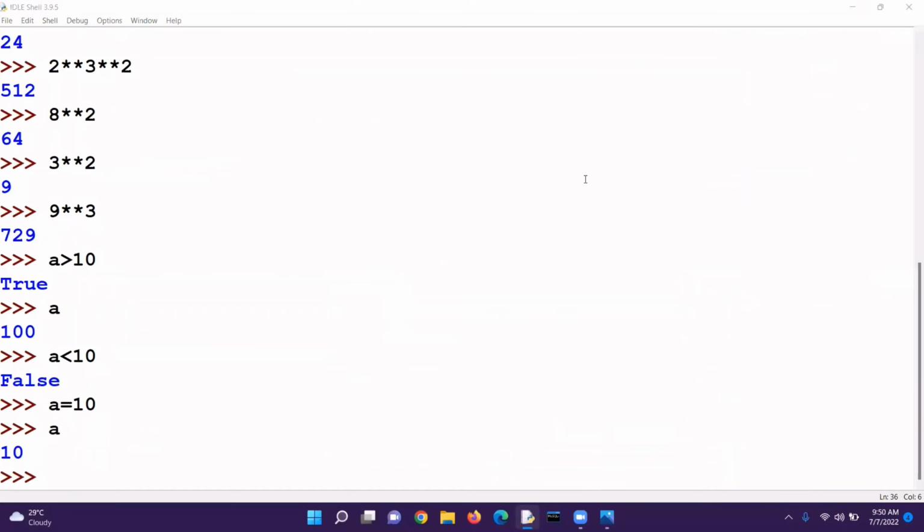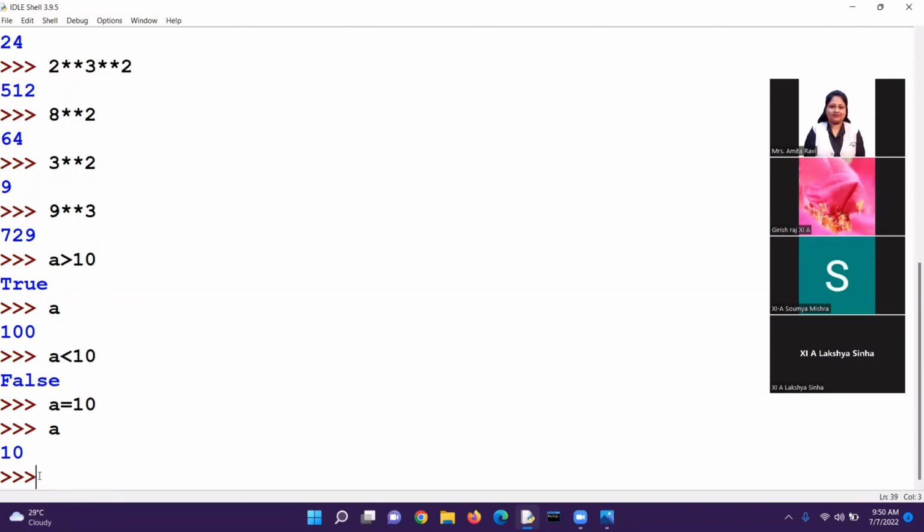So what has happened here when we have just now seen in this example, when we mention here a is equals to 10, then the value of a got changed. But now when I am going to mention is equals to,